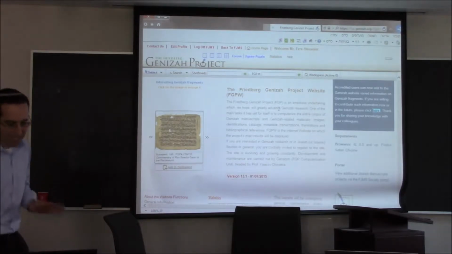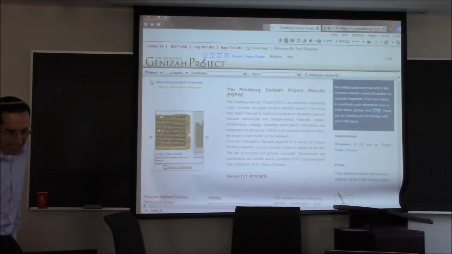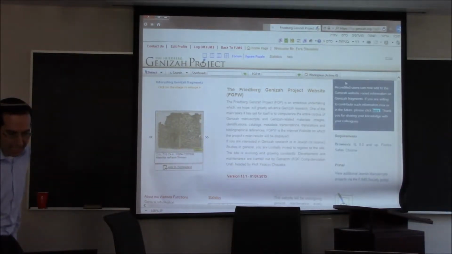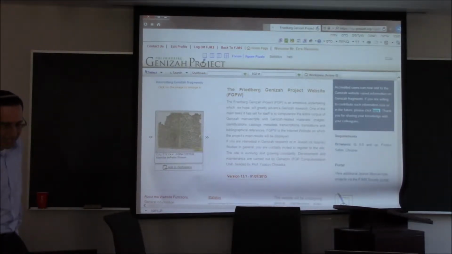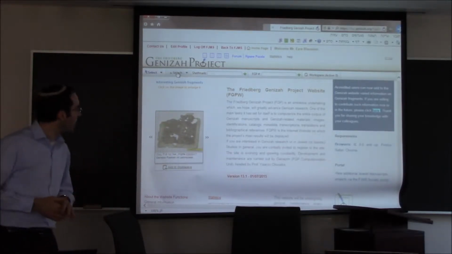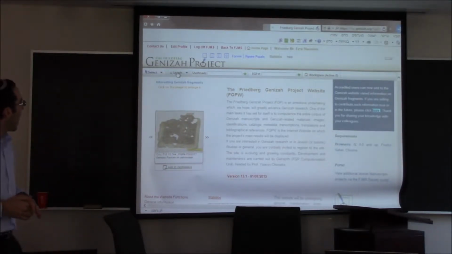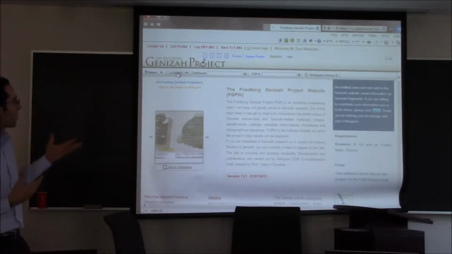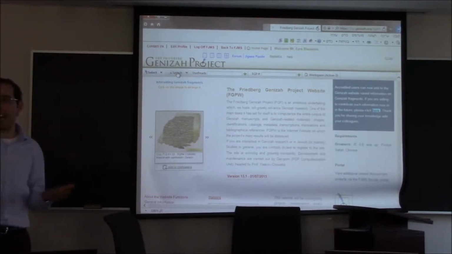So I just want to simplify things by directing your attention specifically to this line, where it says select, search, shelf mark, FGP number, and workspace. That's what I'm going to be talking about. I'm not going to be talking about the whole line. But I'll just explain how it is that I can go from this website to seeing hundreds and thousands of